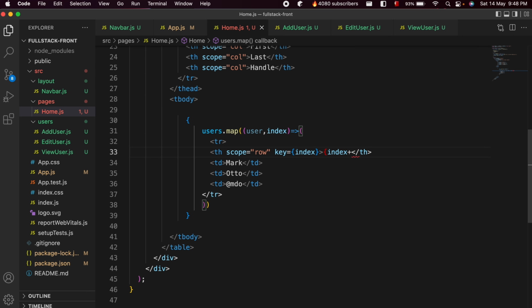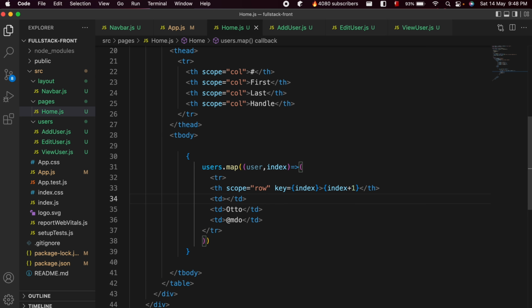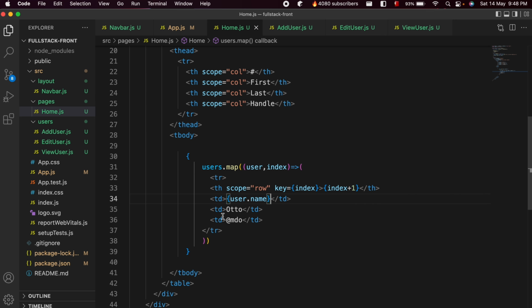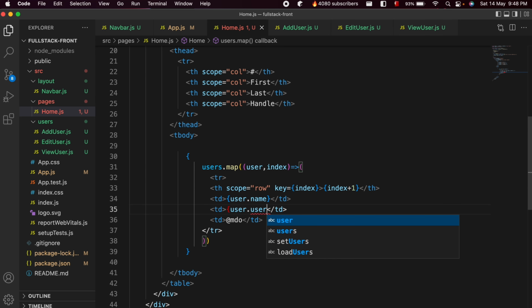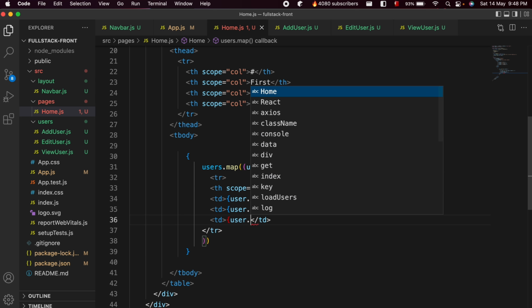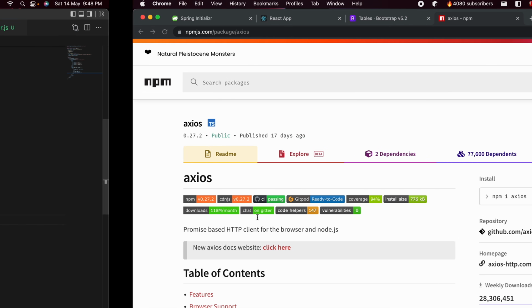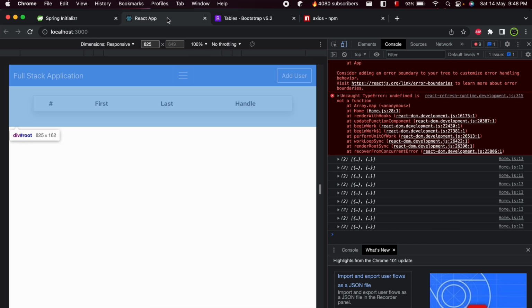and instead of this 1, we want to type index plus 1. This will increase the index number each time. Basically, we have to give the name here, so type user.name. We want to replace this with username, so type user.username, and similarly we want to display the email as well. For that type user.email, and if I save this application and go into this React application and reload it,